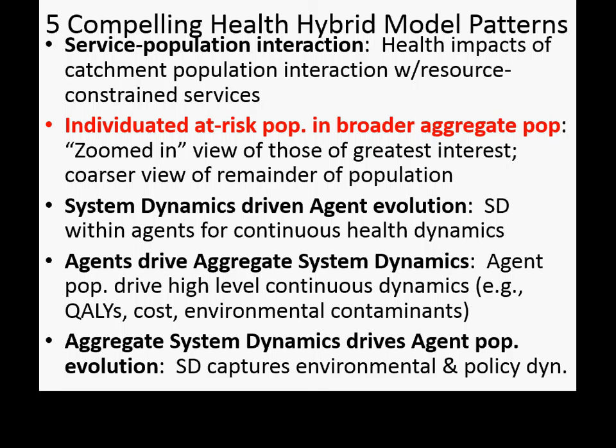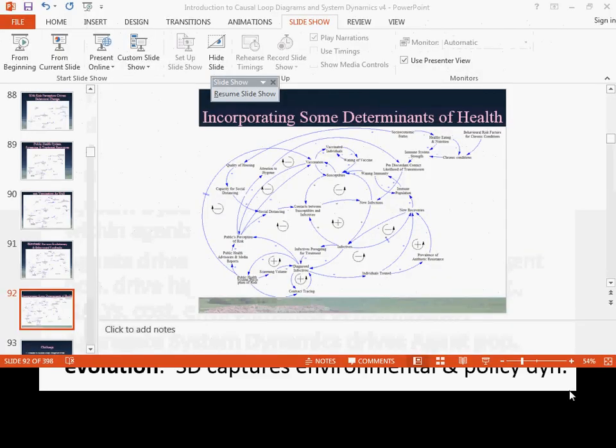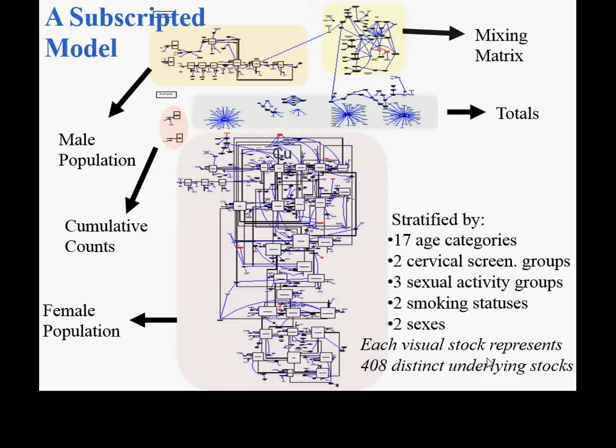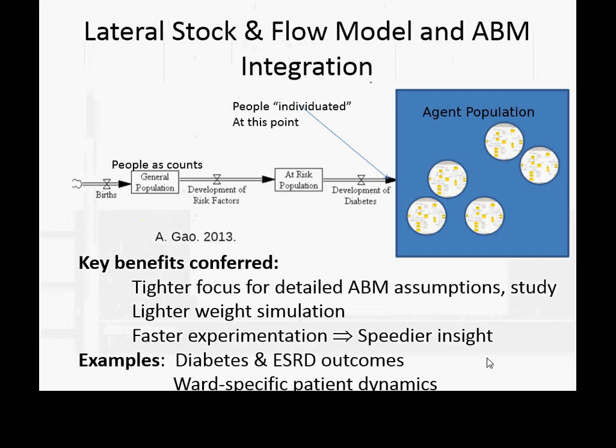So a second component is we divide a model so that we characterize an aggregate population that's much larger. Maybe it's most of Saskatchewan. And then we have kind of a zoomed in view, as it were, at a special at-risk or high-risk population. So the idea here is that we want to capture individuals from the broader population at a rough level. Okay, here we are. So we capture a broader population at an aggregate level.